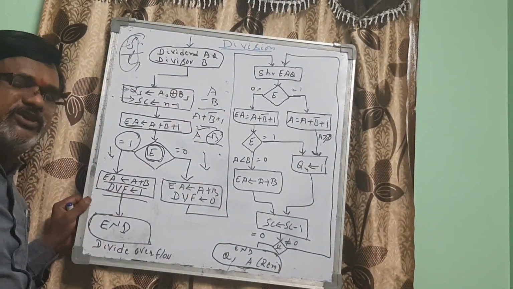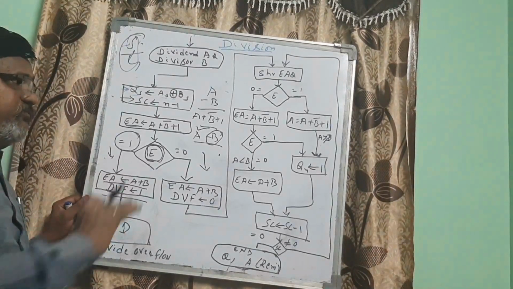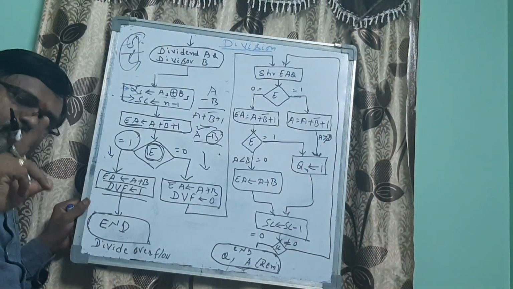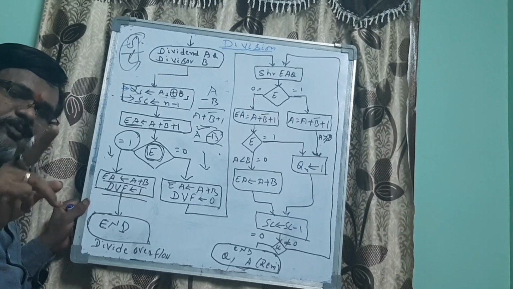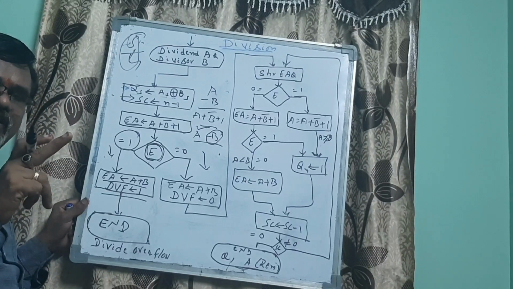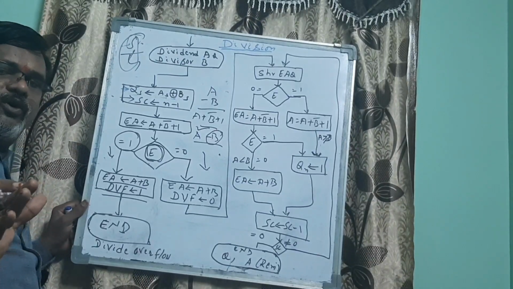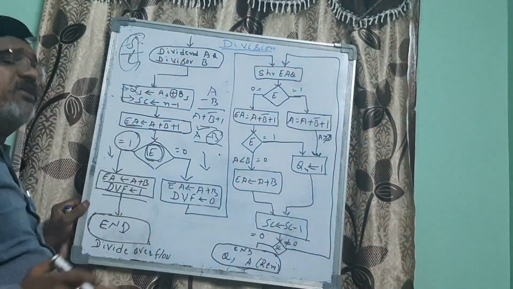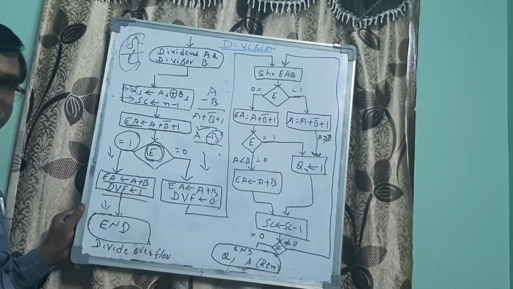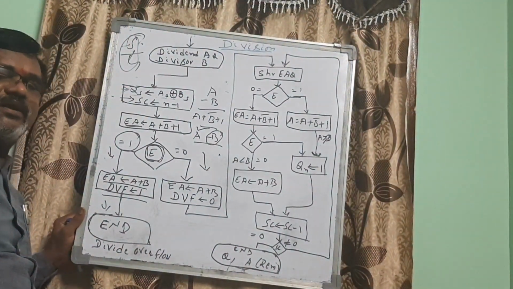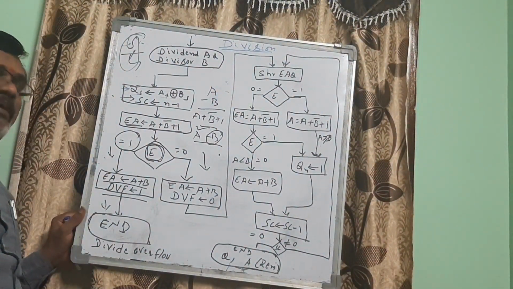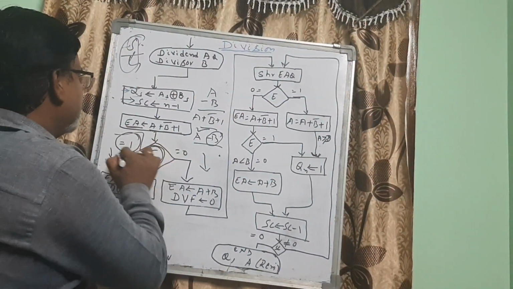DVF means divide overflow, a new term here. Before we perform the division operation, it is the responsibility of the programmer to check whether there is a division overflow in the operation. If there is a division overflow, meaning the dividend is smaller than the divisor, then you can end the process by simply printing a statement that a division overflow came across. If this is fine, this explanation is over.